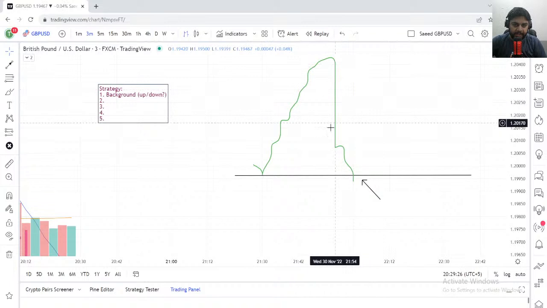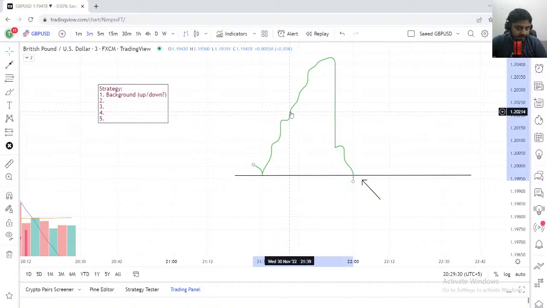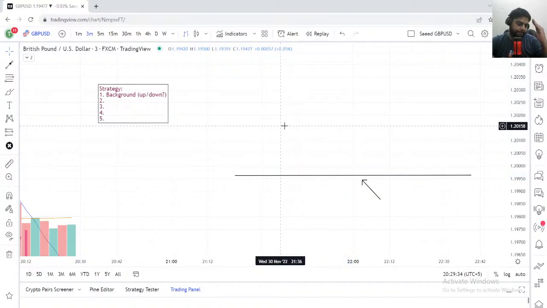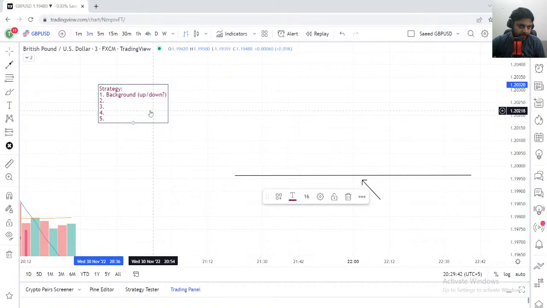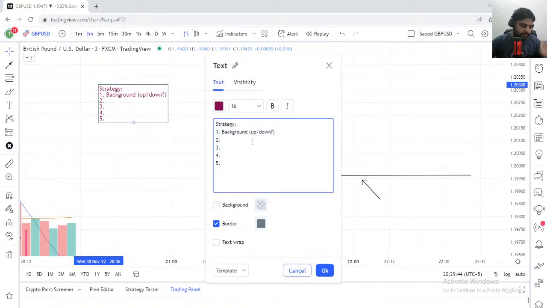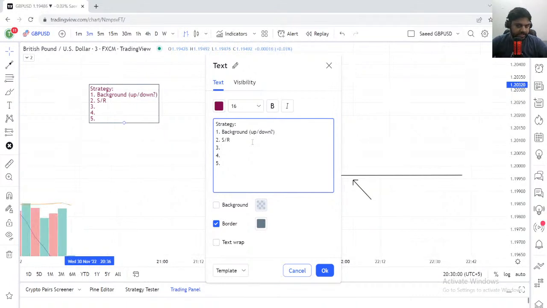Sir, how to recognize the background? It's very simple. You just look at whether the market is going up or down. If the market is going strongly up, then it's a strong background. If the market is going strongly down, it's a downward move. So that's how the background is. The second thing you will check is whether the market is on support or resistance. If the market is on support, you should look for a buying opportunity. If the market is below the resistance, you should look for a sell opportunity. Makes a lot of sense and is very simple to understand, isn't it?